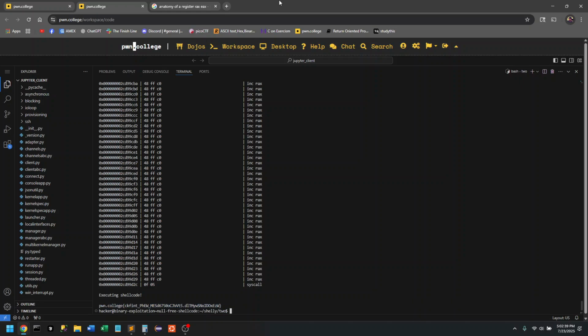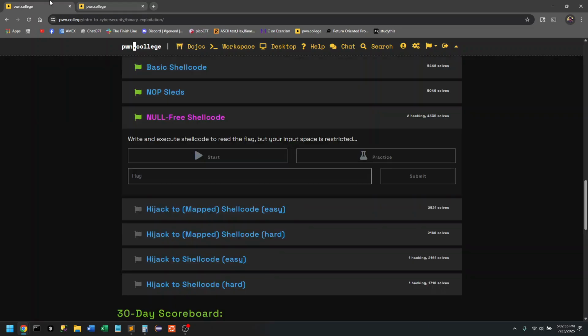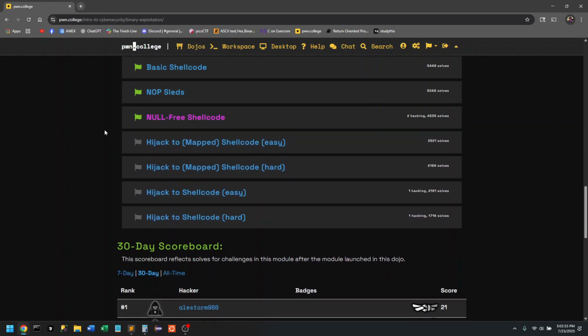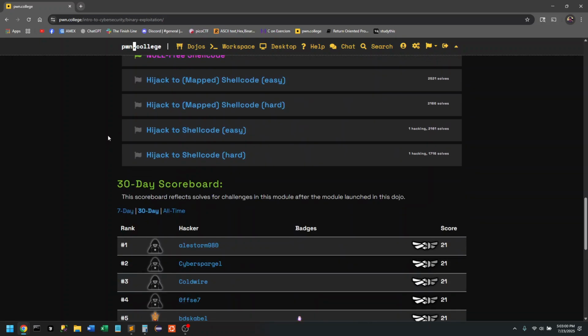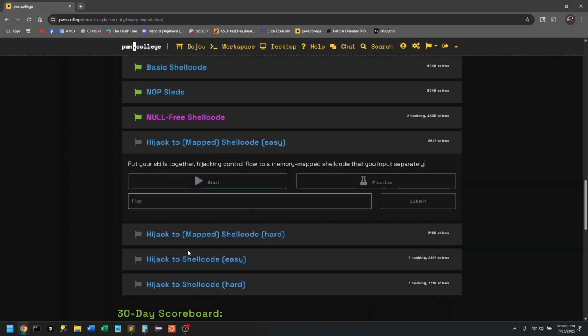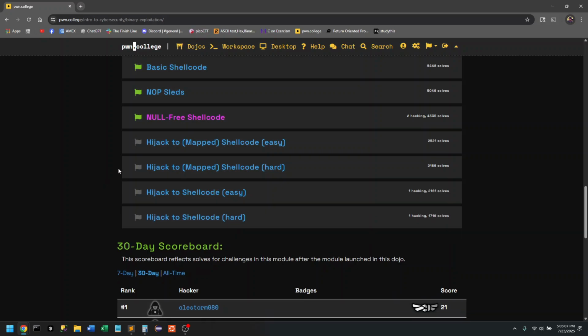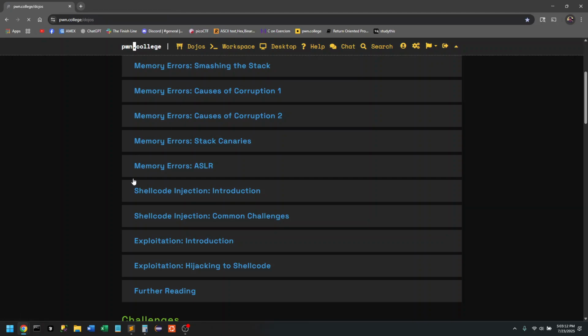All right, so yeah, I've done this problem a few times before. I'm too tired to get it just right off the bat, but here's the problem set. So anyway, that's basically where I'm up to as far as pwn.college, the most basic belt thing, getting over to the hijack to map shellcode. I'm going to be doing this and this one probably tomorrow at some point. And then after I do those,